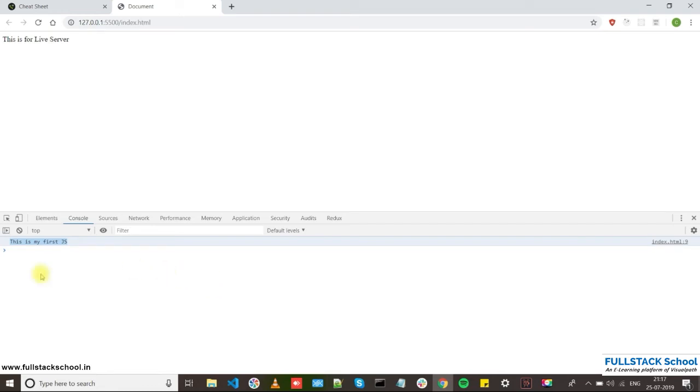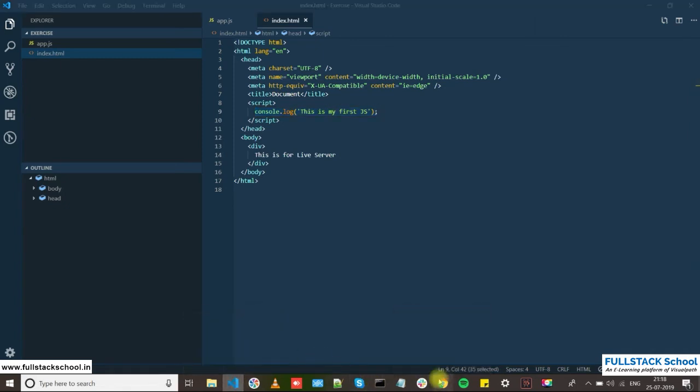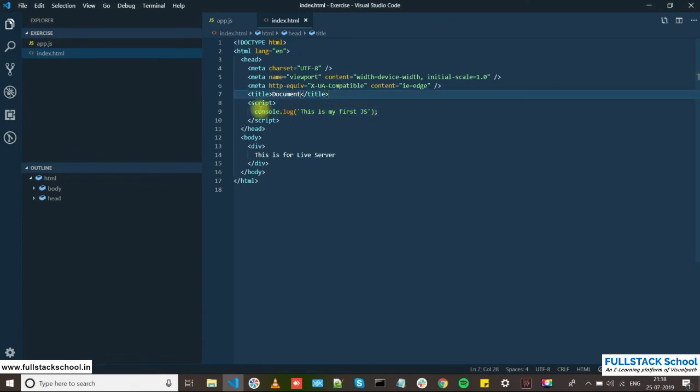So if you are following along with me, this is what your simple JavaScript application looks like. This is how you reference your JavaScript in your HTML page. Inside the script tag, you can write your JavaScript business logic, and it runs in the browser and gives you the result. Your business logic could be something related to DOM manipulation. We'll see again what exactly a DOM is, and we can interact with the user. All these things can be done through JavaScript with the help of this script tag.